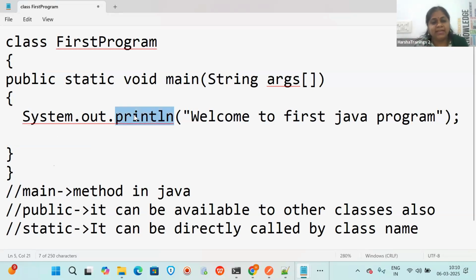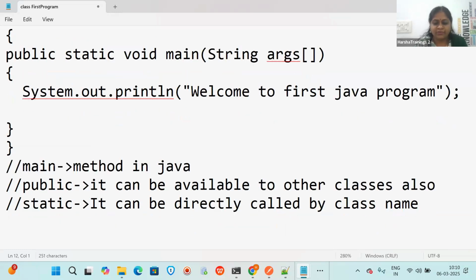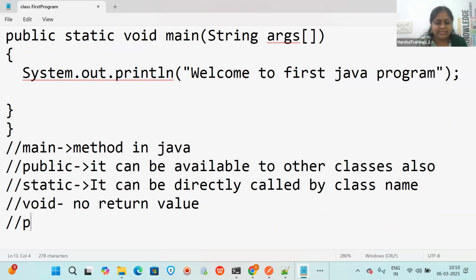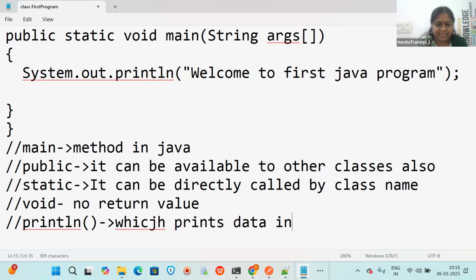println is nothing but a method again. What is the use of this println? We discussed void also. Void means no return value. And what is this println? Print or println is a method which prints data inside it